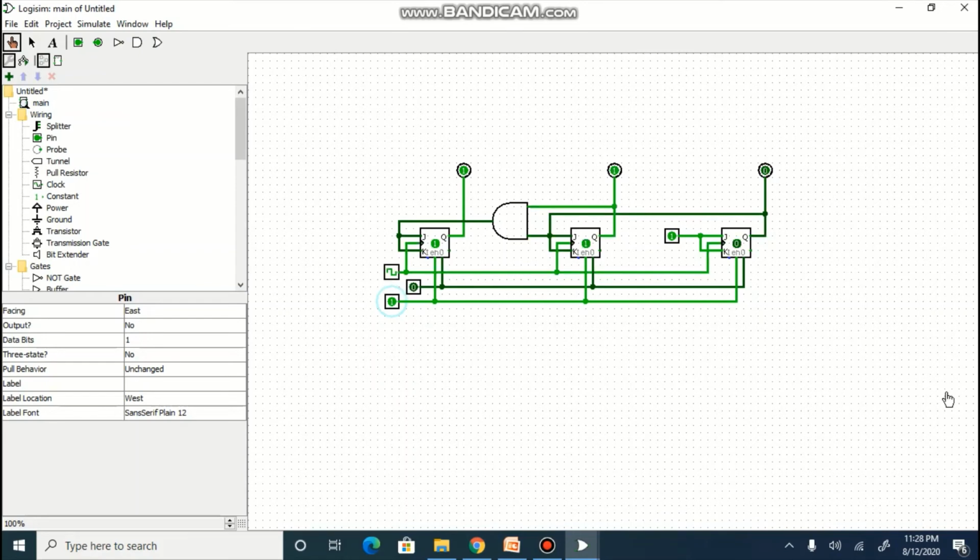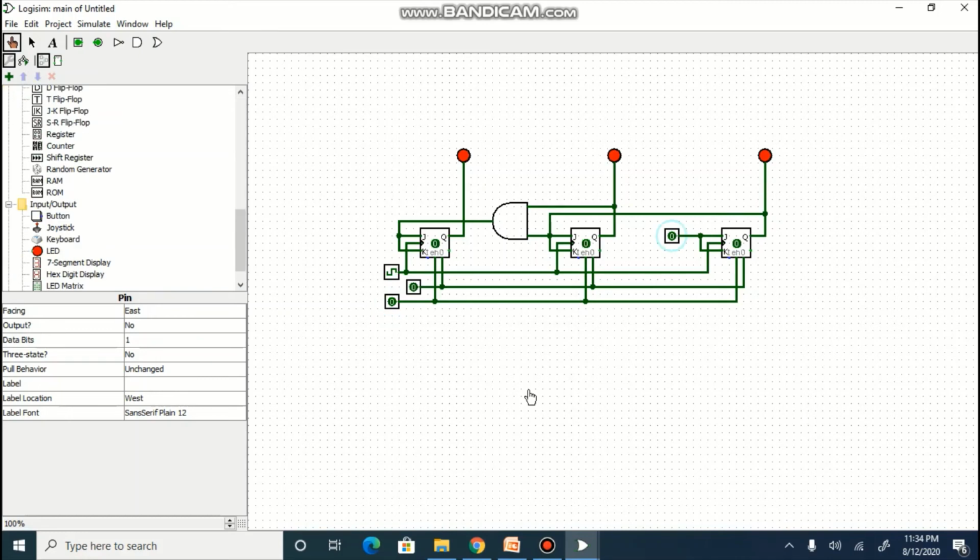In that case, you can observe our counter is running. You can observe 0, 0, 0, 0, 0, 1, 0, 1, 0, 0, 1, 1, 1, 0, 0, 1, 0, 1, 1, 1, 0 and 1, 1, 1. This execution is happening on every rising edge of the clock. A 1 Hz clock frequency is given, so every second the counter changes its state.